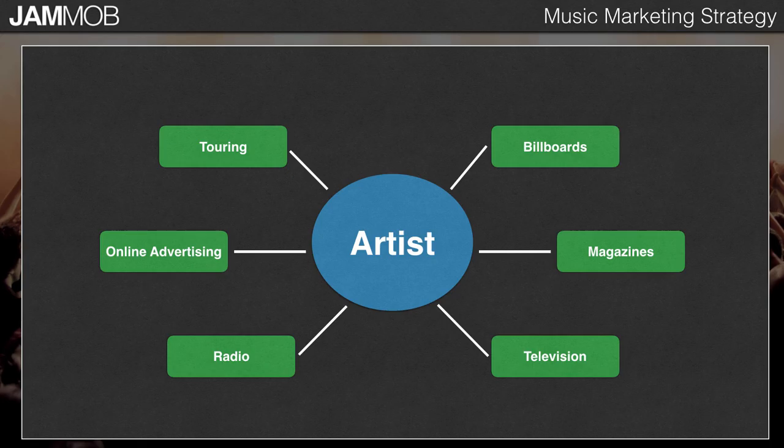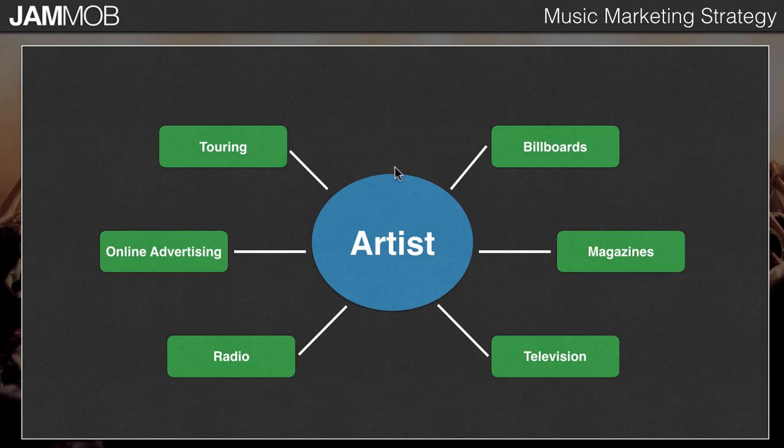So this is kind of what a branding strategy would look like for an artist. You have their label putting their image on billboards. You have them in magazines, on television, on radio. They will be doing some online advertising too, of course. You have them touring, and of course they might use some direct response type of stuff, but they're putting money into all this other stuff too because they just want everybody in the world to see this artist. And it doesn't matter if 90% of them don't buy the album, because they've got such a huge audience that even 10% of the people that respond to this stuff, if they pay money for albums or go see the artist on tour, then the label makes back a ton of money.